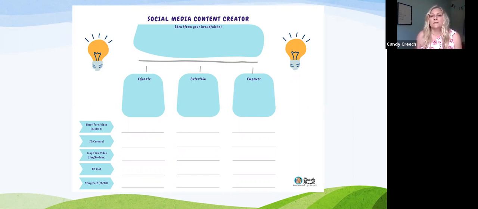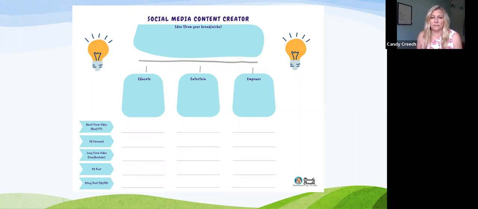So that's the first thing you want to do, just come up with an idea. And then you want to break that idea into three different areas. One is educate. You always want to educate people on things. One is entertain, because we're all about being entertained, but we're also usually teaching somebody something while we're entertaining them when we have a business. And then empower. Empower can be you're empowering somebody else to take a step and do what you're showing them, teaching them about, and you're kind of inspiring them. So that's what empower is.